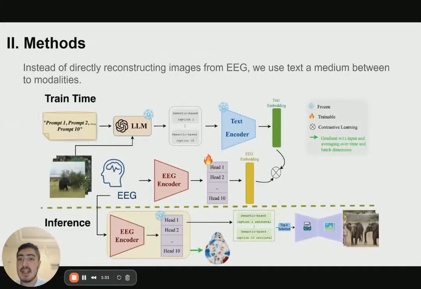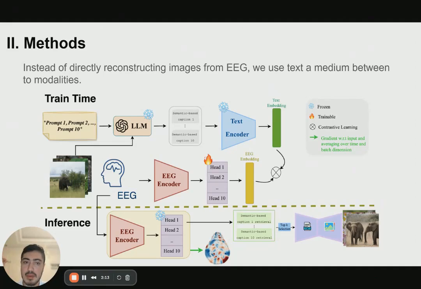So in our methods, instead of directly reconstructing the images from EEG, we use text as a mediating medium between the two modalities, being image and the EEG recordings. We have an image data set during train time that we ask an LLM to semantically describe, using 10 prompts that vary from low level, mid level, and high level. After getting the answers, which are the semantic captions, we have a pre-trained text encoder that gives us an EOS token, end of sentence token, that describes the